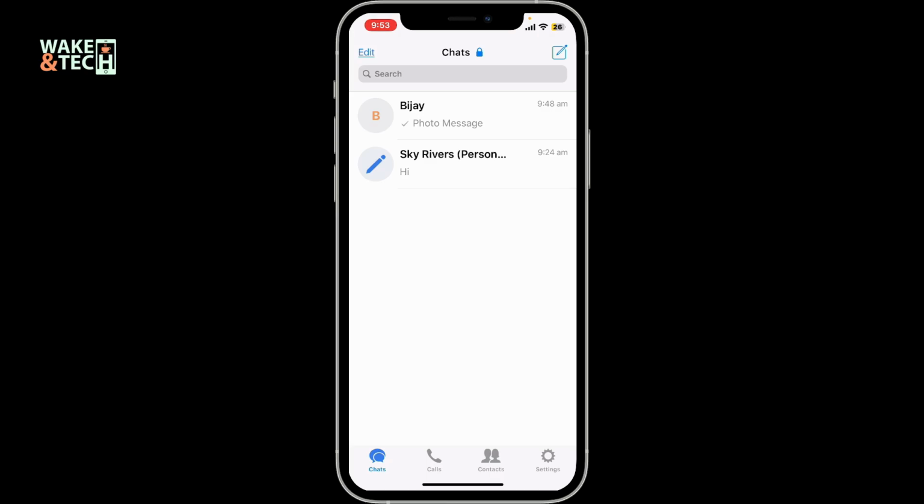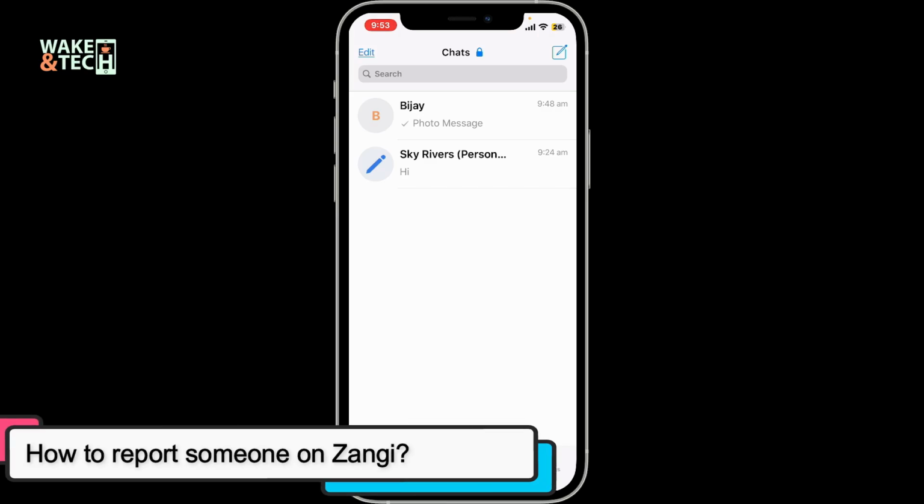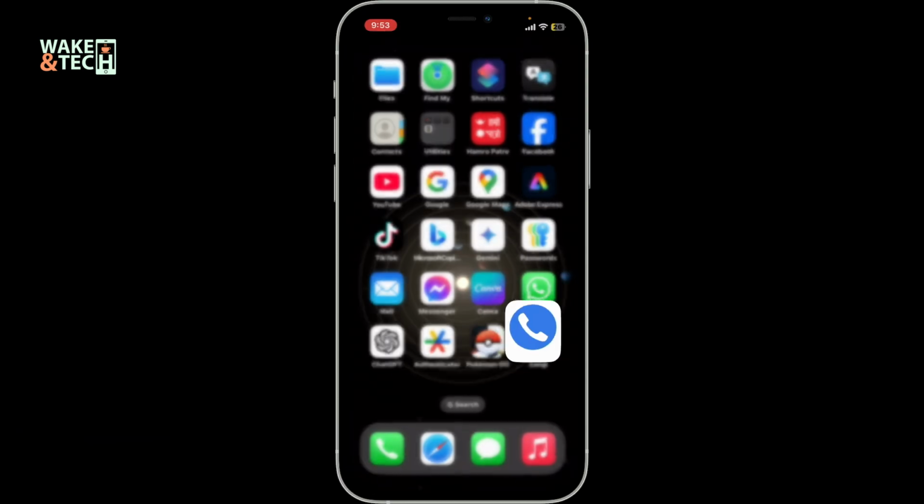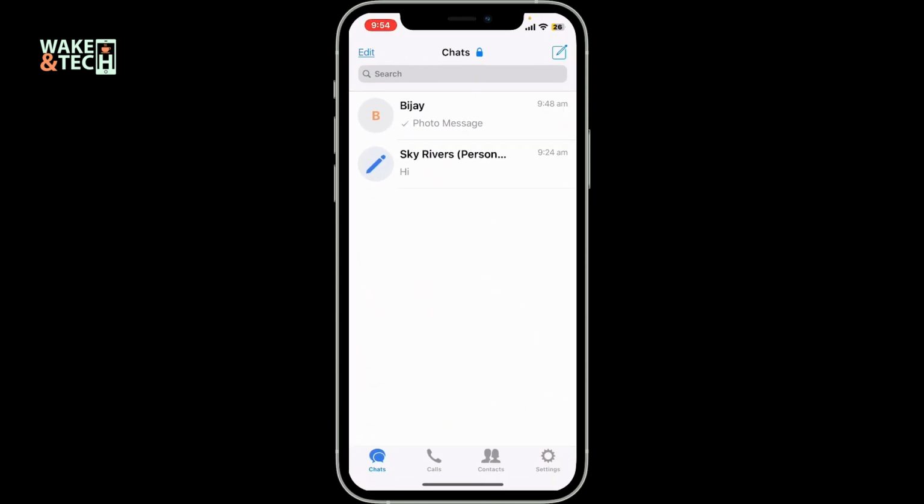In this episode, we will be learning how to report someone on Zangi. To report someone on Zangi, first of all, open the Zangi application on your smartphone and log into your